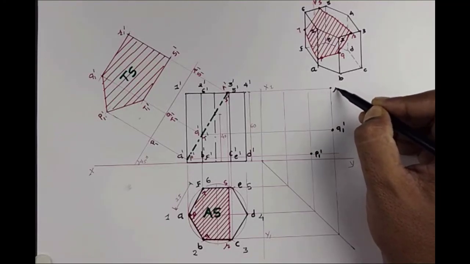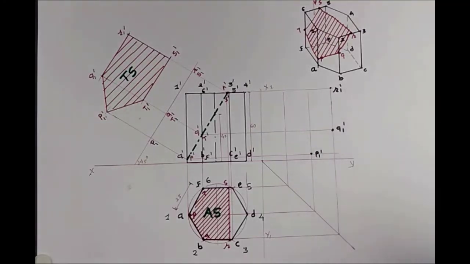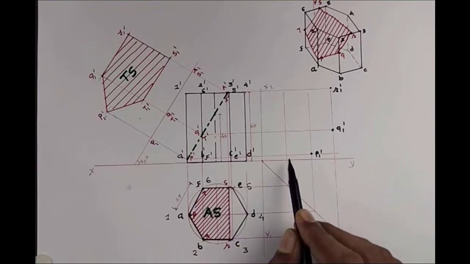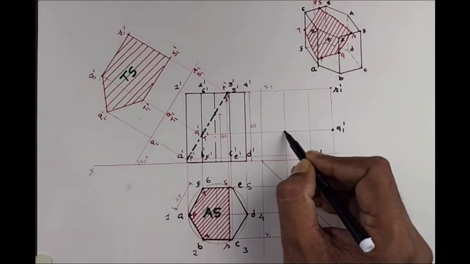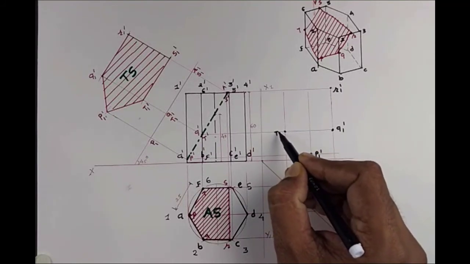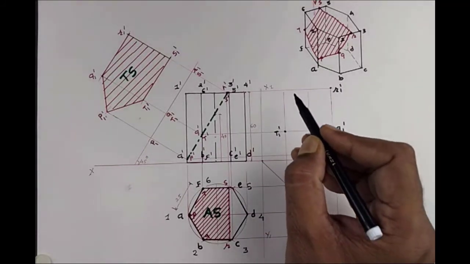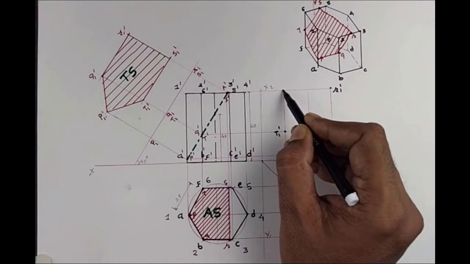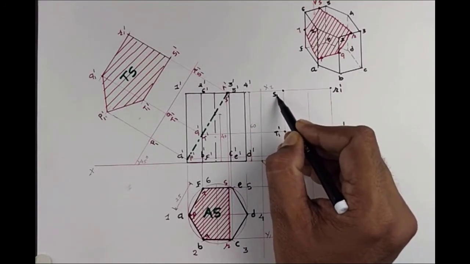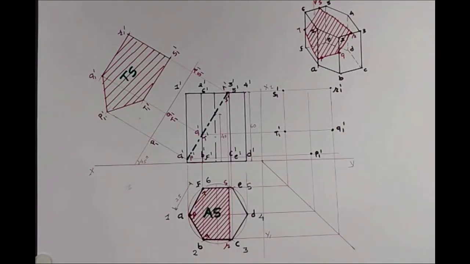It is our R1 dash. Now this is your S and T. You can mark the T point, T1 dash, and S1 dash. Here I am showing only the cutting area, not the entire side view of the